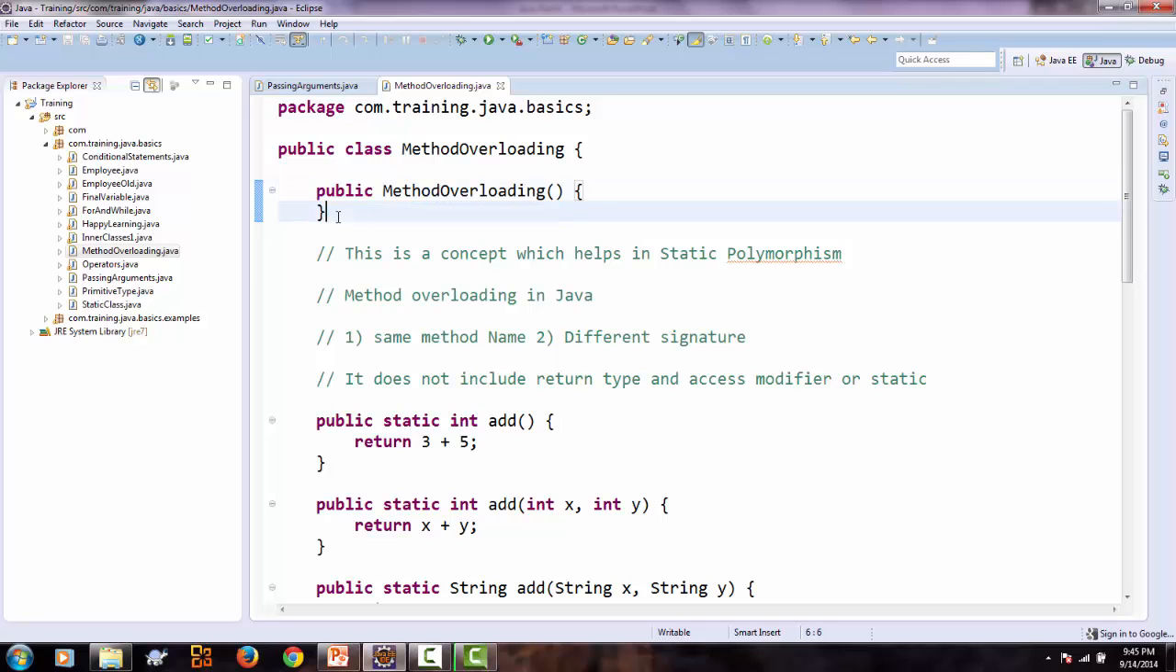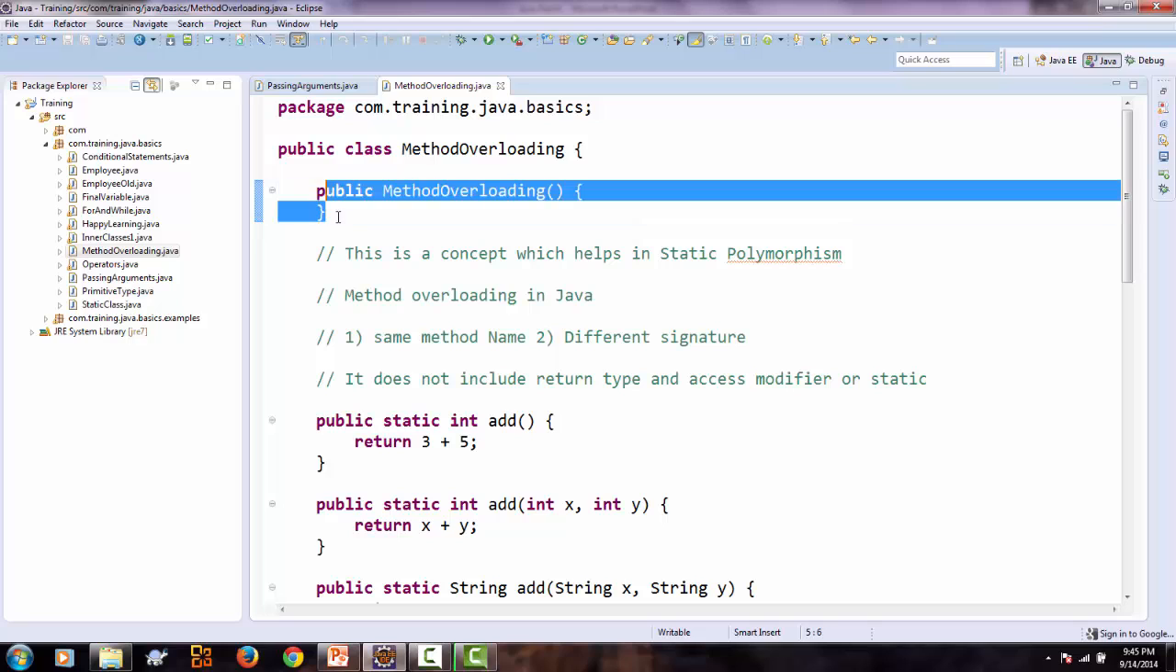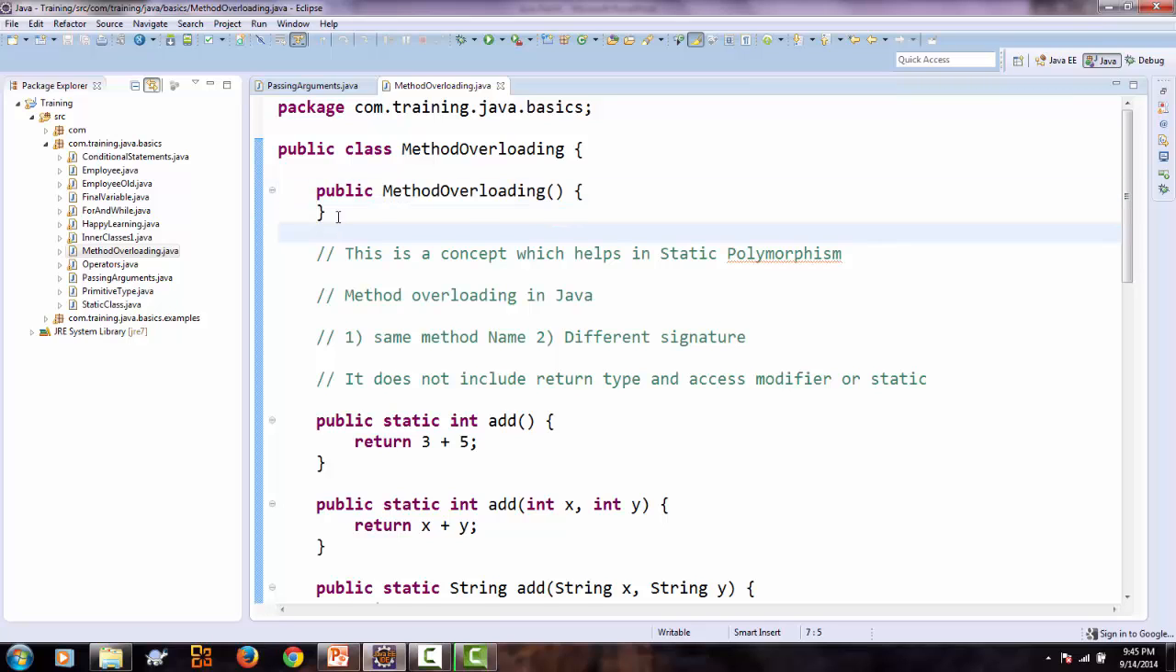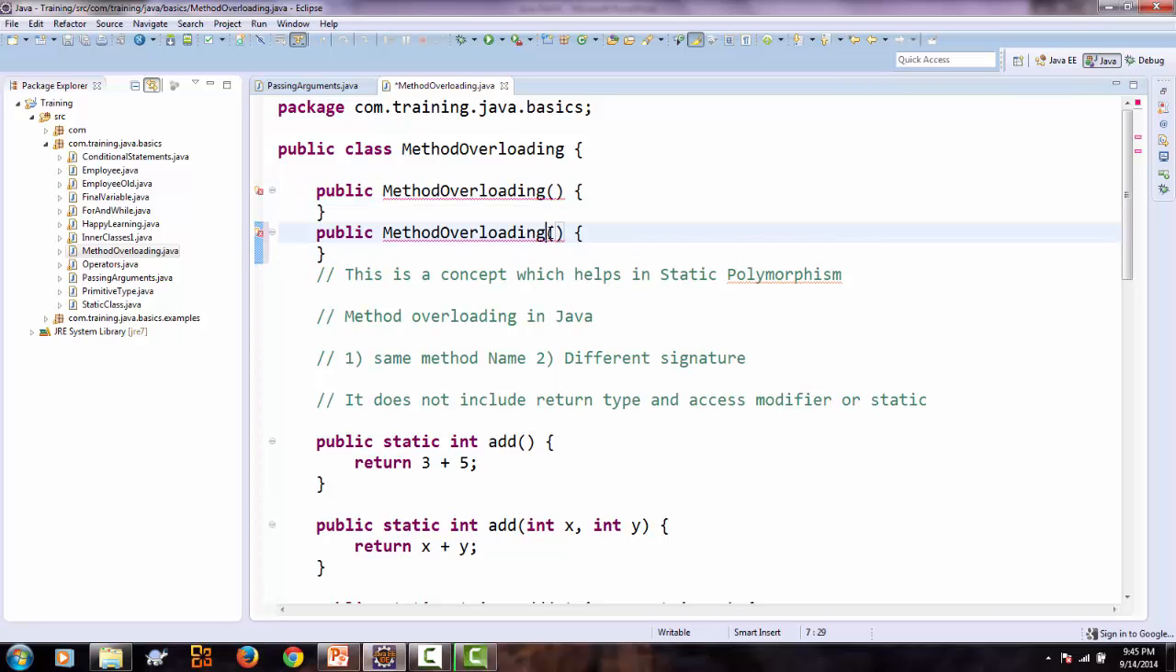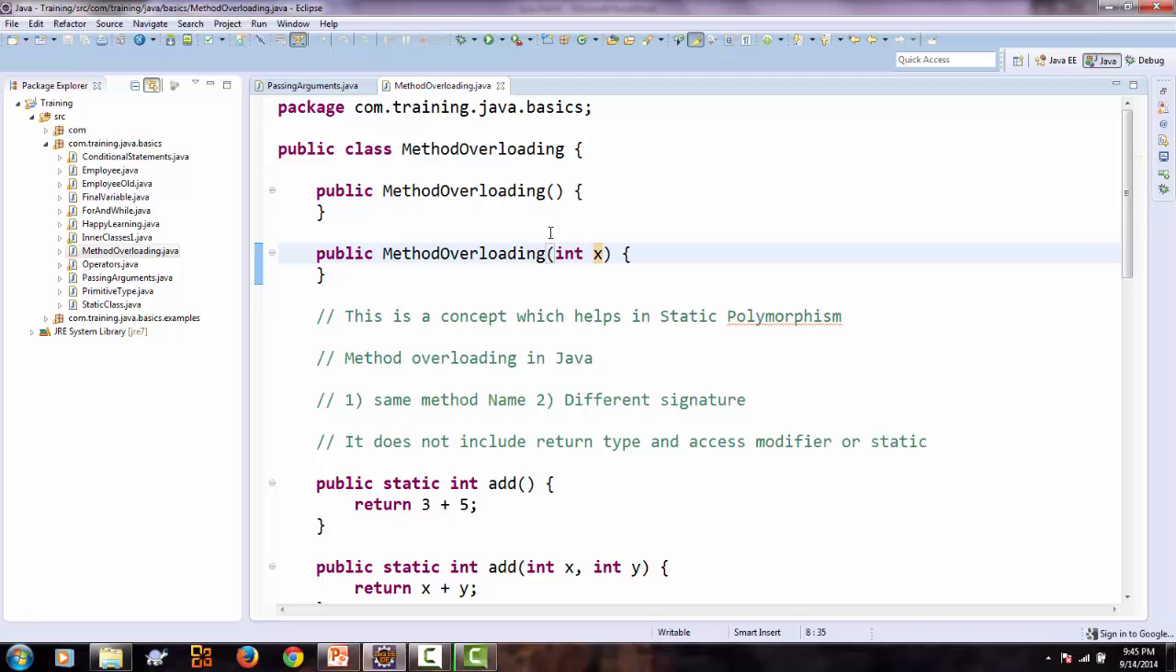And there could be another method which can be parameterized. So this is a parameterized constructor. Here also the same concept applies for the constructor methods as well, for all overloading. So it doesn't depend on the return type, access modifier or static. In case of a constructor there is nothing called static, so it doesn't depend on the